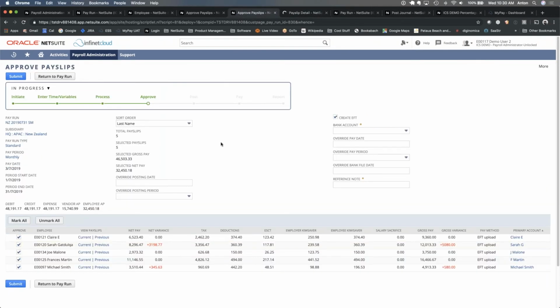But once I've done all those things and I'm now ready to finalize the pay, what I'm going to do is select my bank account that I want to pay that out of. I can also override some of the pay dates and posting dates and those types of things. I'm going to enter a reference note, "raise pages for June", and then I'm going to finalize. So when I come here and submit this, the system is going to basically post, pay and report this for you